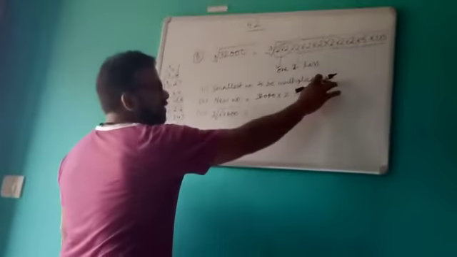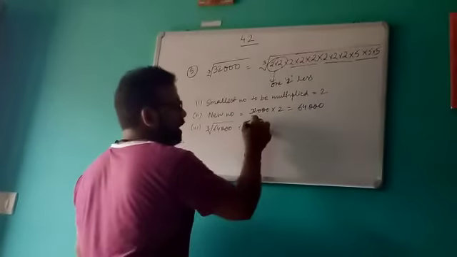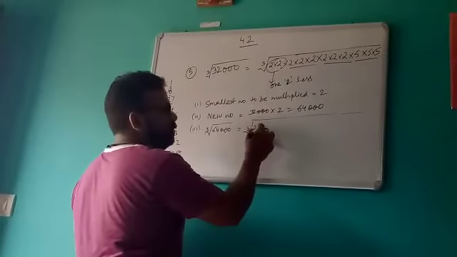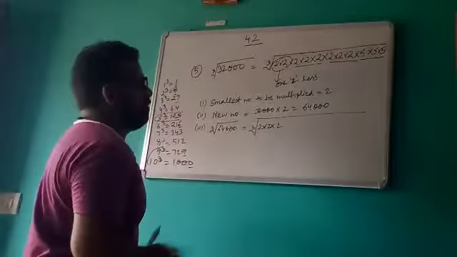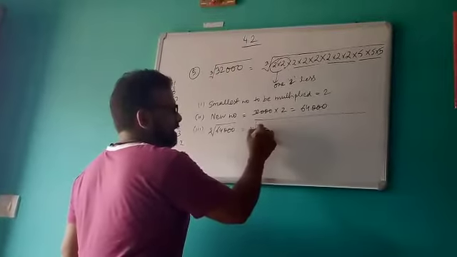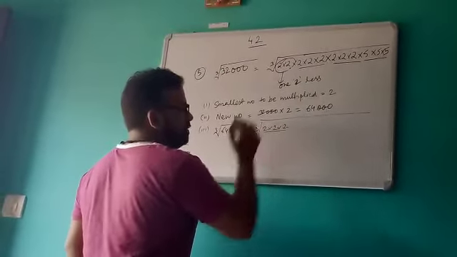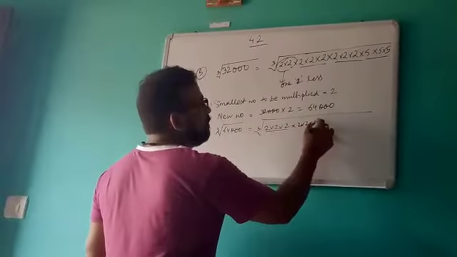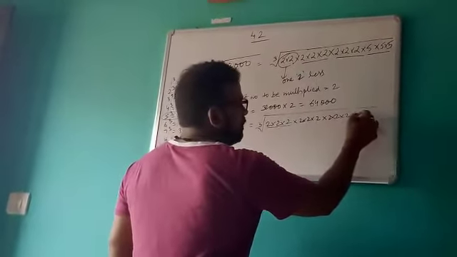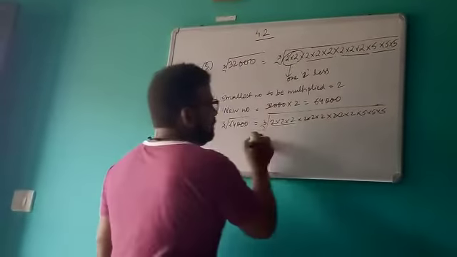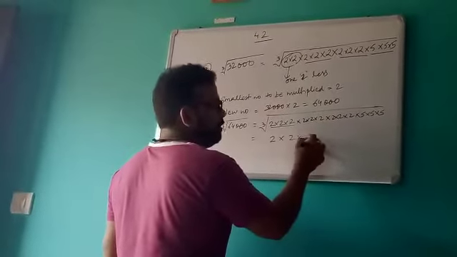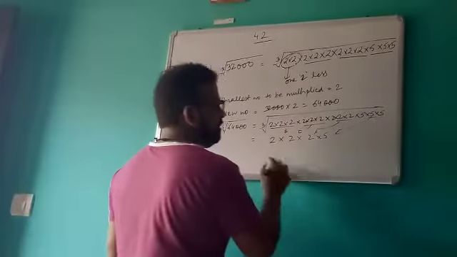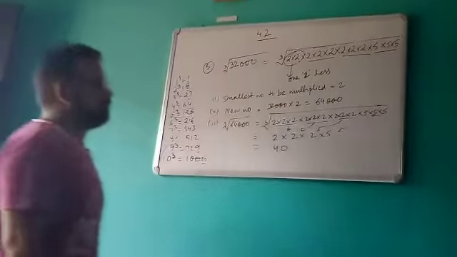So see, since we have multiplied by 2 here, you do not need to calculate the prime factorization again. You just put this 2 in this group, that is 2 into 2 into 2. Okay, like this. So this you have added. Now 2 into 2 into 2, 2 into 2 into 2, and 5 into 5 into 5. So this is one group, then 2, 3, 4. So the cube root of 64,000 is 40.